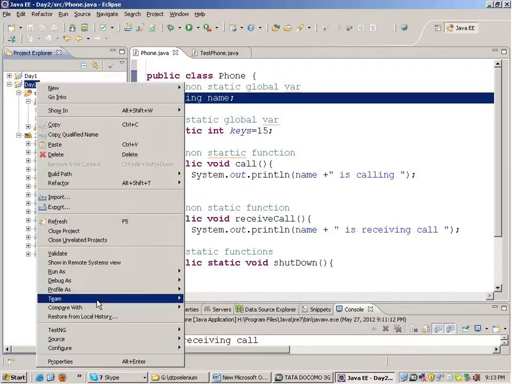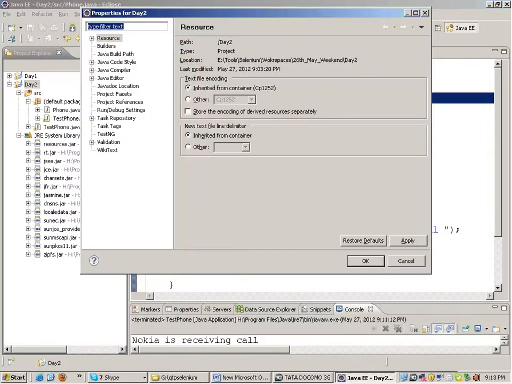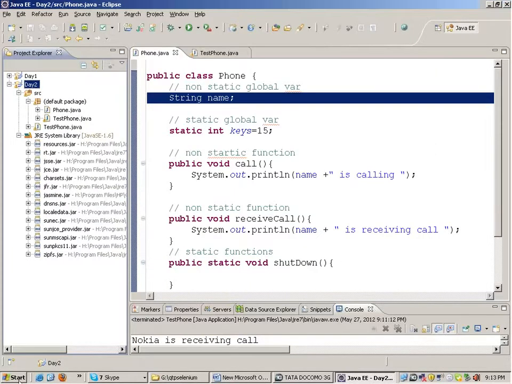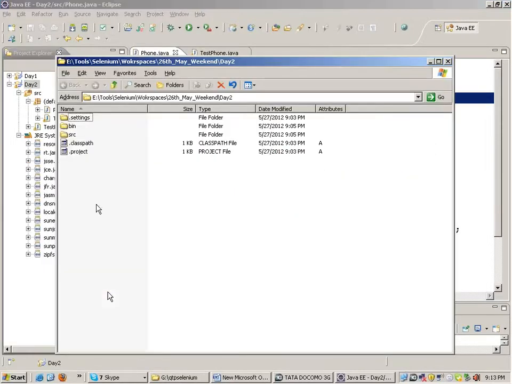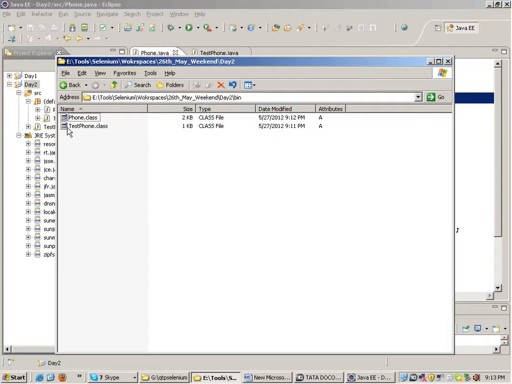If I go to this project's properties and go to the physical location where this project is lying, yesterday I told you that every Java file is converted into a class file. Now suppose I am working on a project which is very huge in scale.